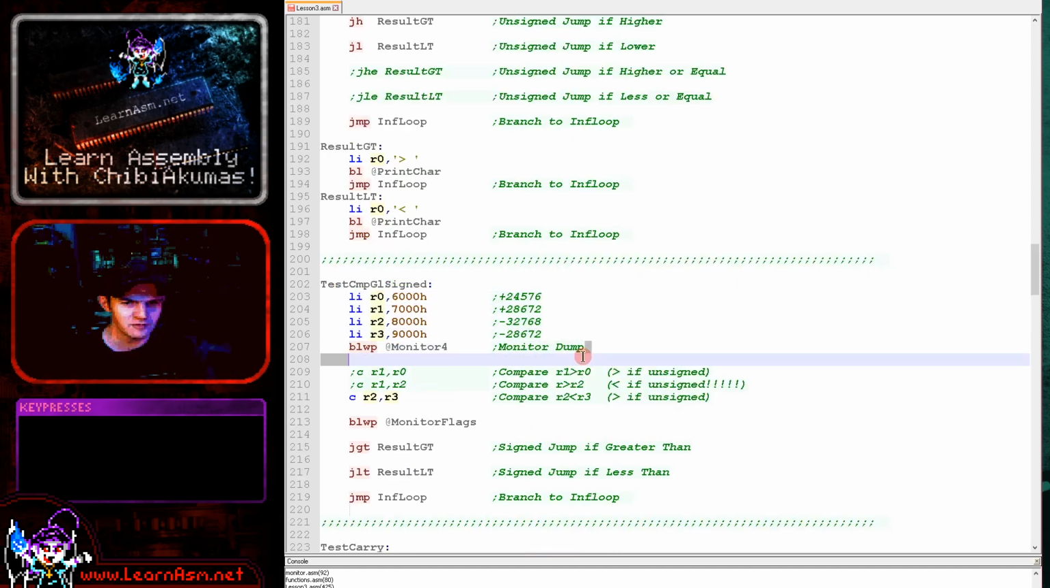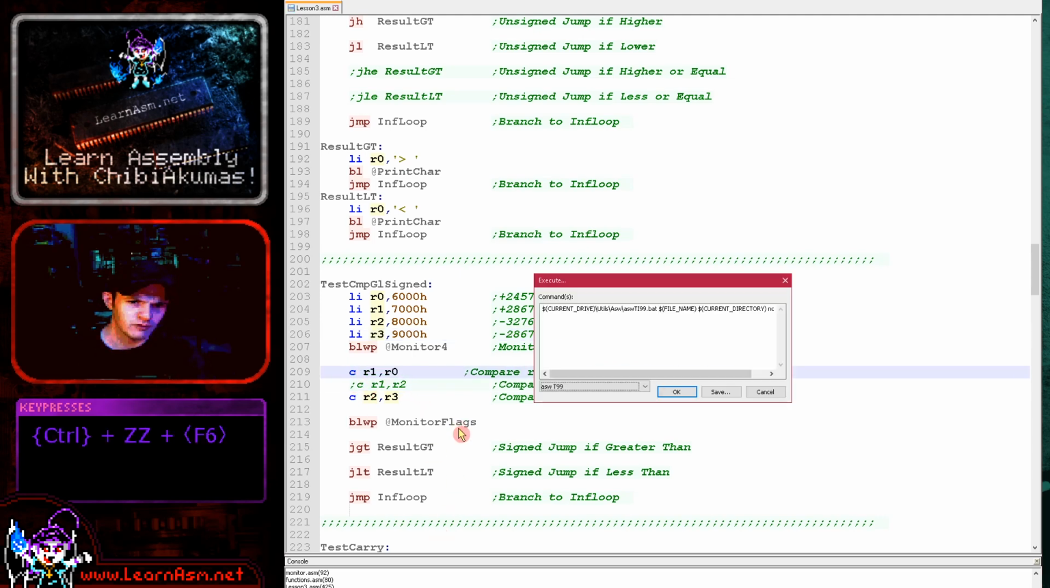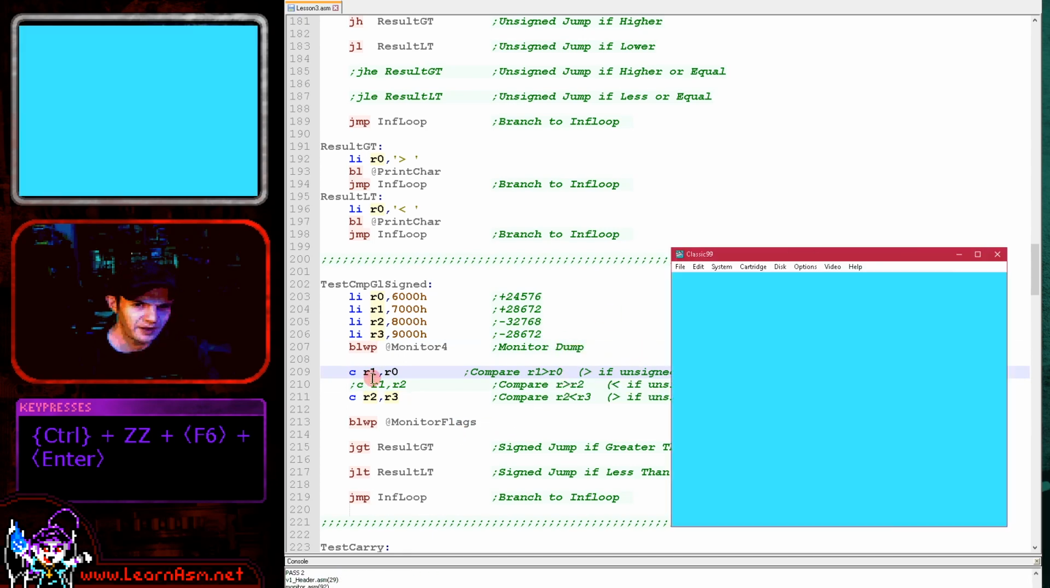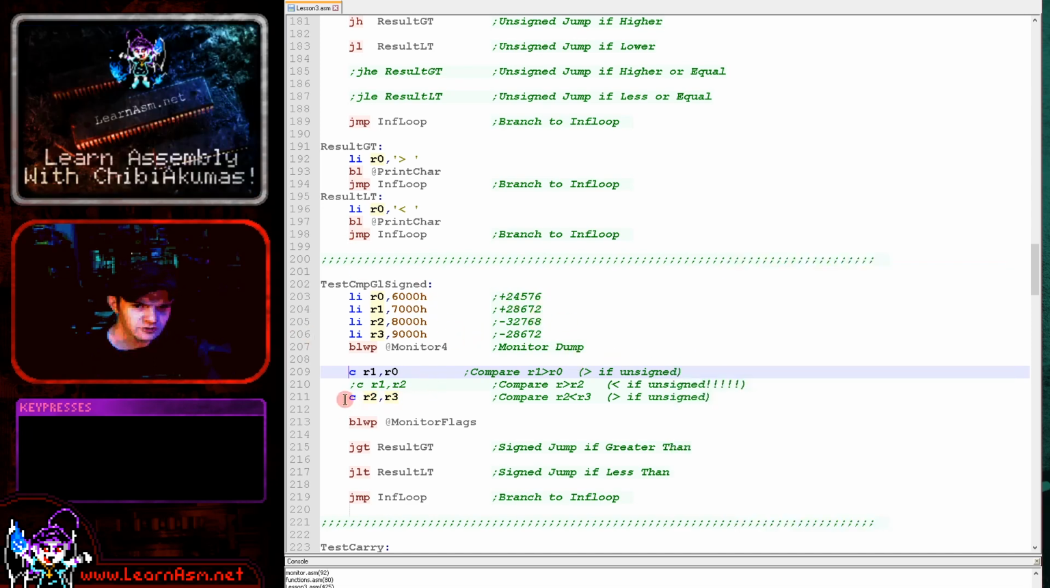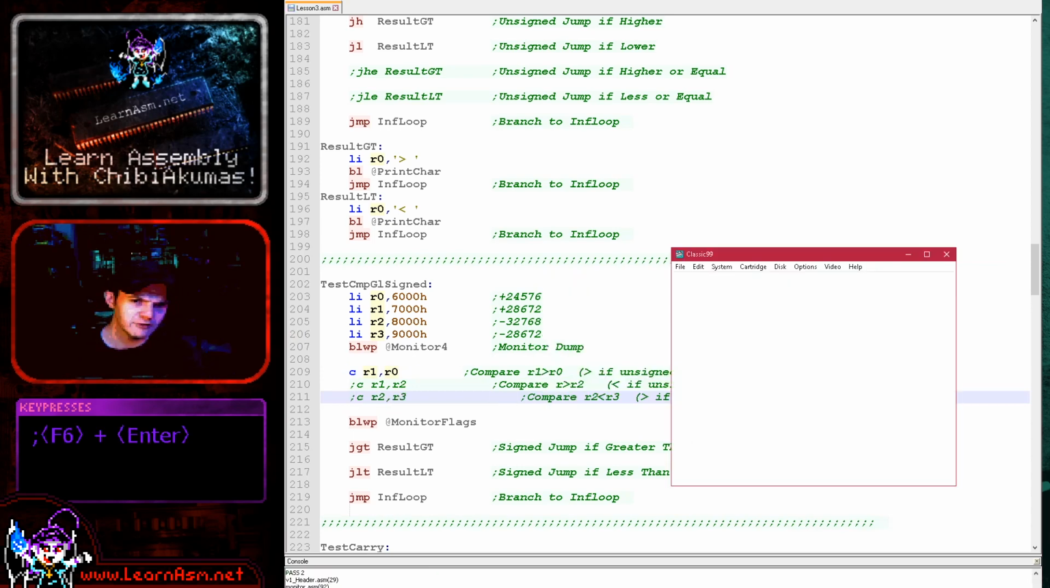So we're loading the same values here, but 8,000 in hexadecimal as a signed number is -32768, and 9,000 as a signed number is -28,672. So this time, when we do some of these comparisons, we're going to get different values. So let's try this one first here. We're comparing R1, which is hexadecimal 6,000, which is plus 24576, to 7,000, which is 28672. I'll just need to run this out, and if we run this,